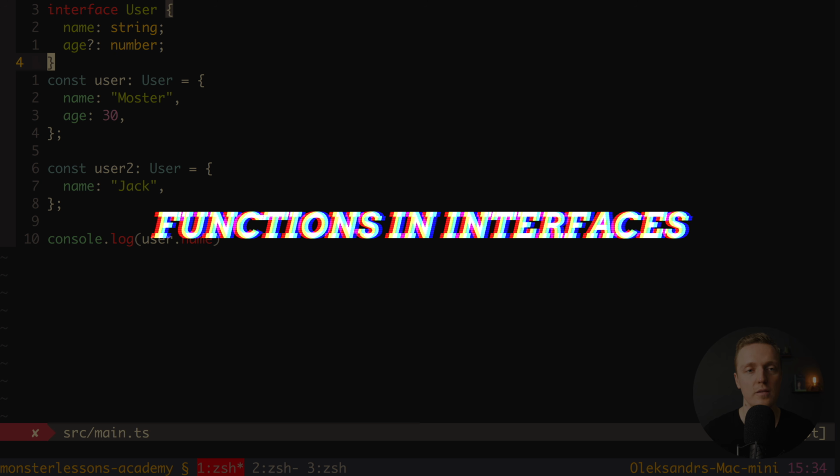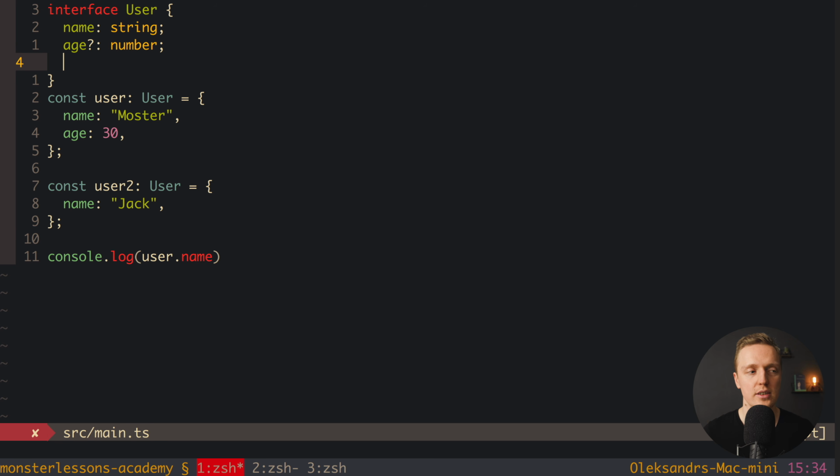Also, sometimes we want to define functions inside our interfaces, and sure, it is completely possible. In the previous video we talked about defining typings for functions. If you didn't watch that video, I will link it here on the top and in the description box below. But now let's create a new function inside our interface user. For example, we have a function with the name getMessage, and here we're defining it like this. So here, round brackets, this is how we normally create functions inside our objects, and this is the returned value.